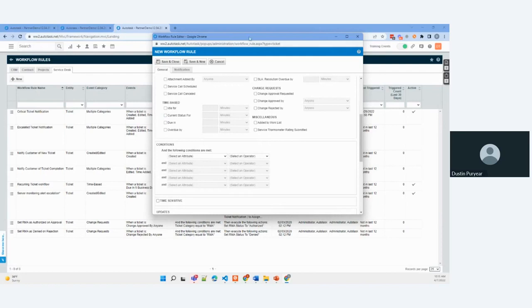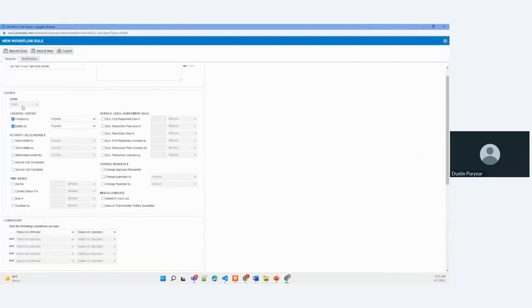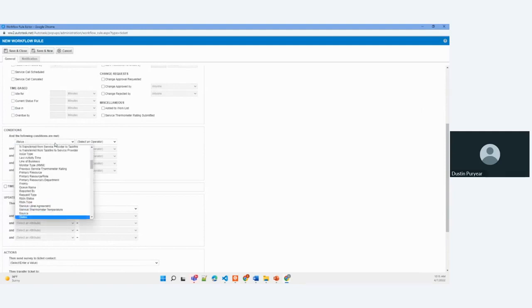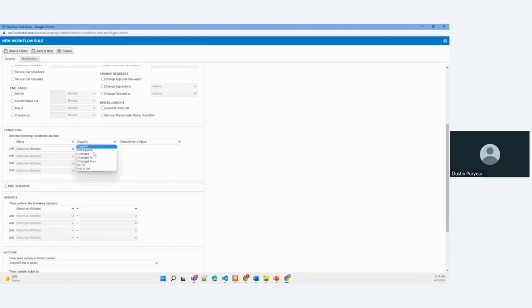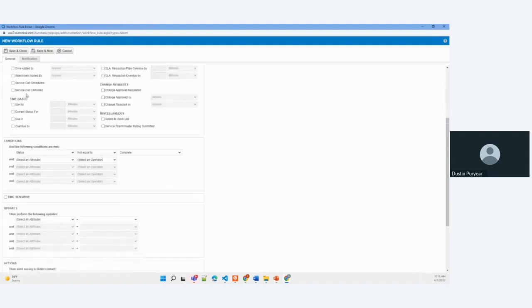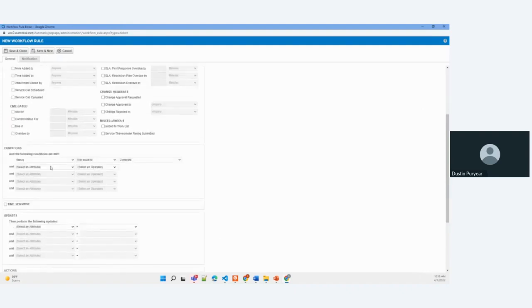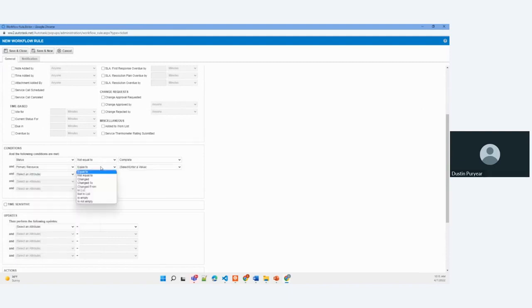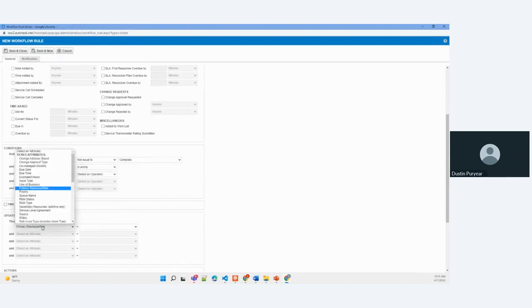And this is the trigger that activates the workflow rule. So it starts looking. This is the matching part. So status not equal to complete. Seems obvious, right? We don't care. We're going to put it anyway. This will save us in the future. Primary resource is empty. Primary resource,